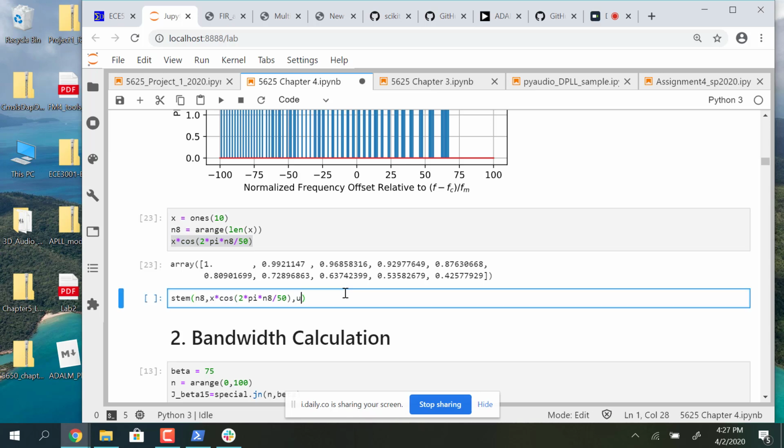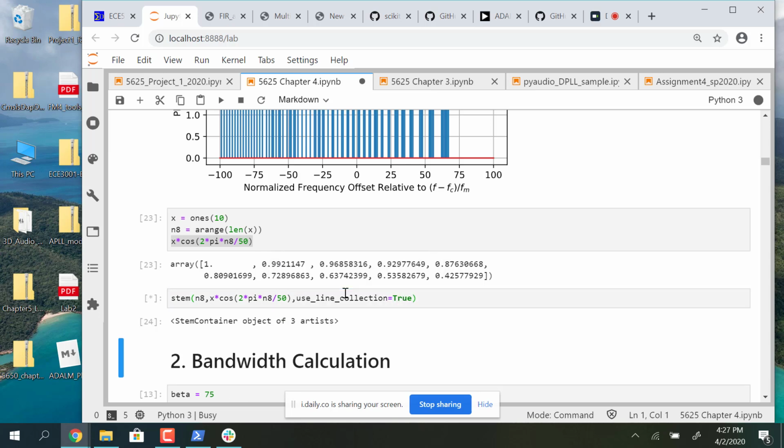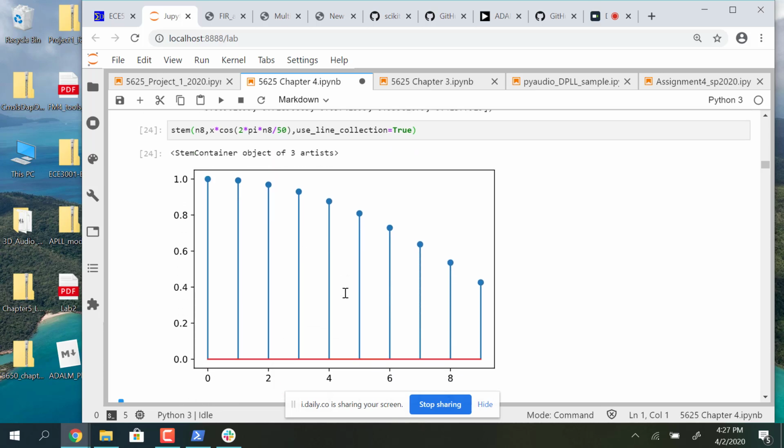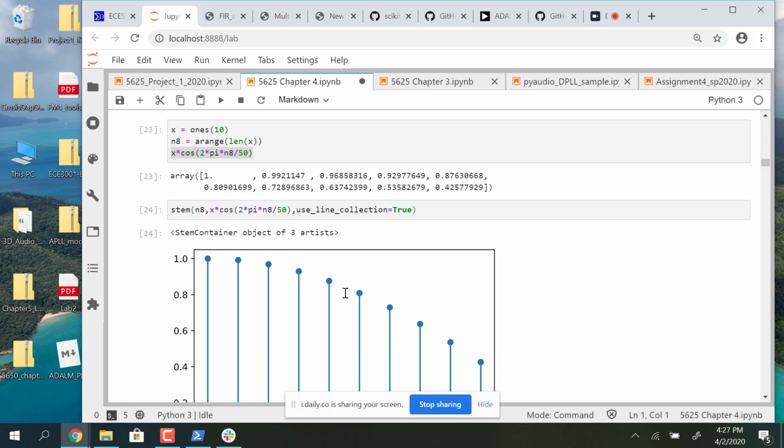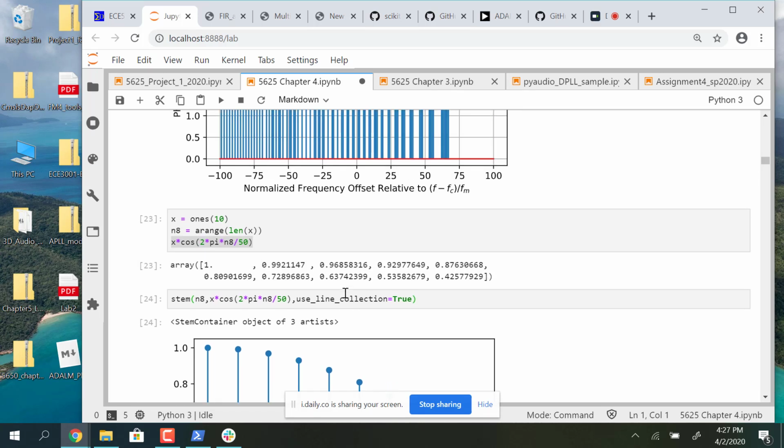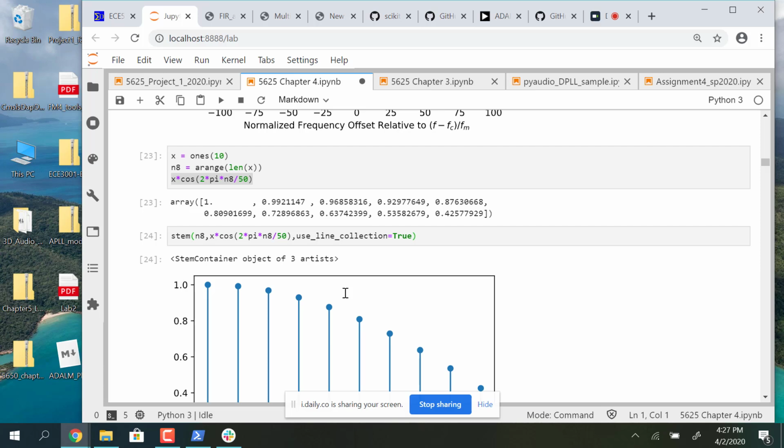And then to make things happy, I'll do this, use line collection true, so it plots nicely. And there it is. So it took on those values. I didn't have to put a bracket or anything on because it just knows they're ND arrays. The point is they have to be the same length though. That's the important thing. So X has to be the same length as N8, but I've kind of ensured that,